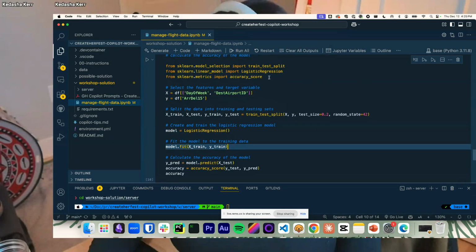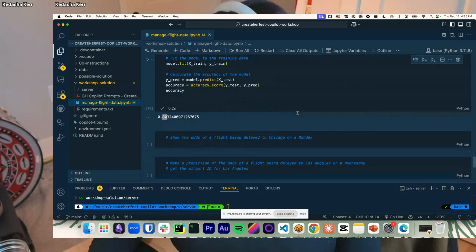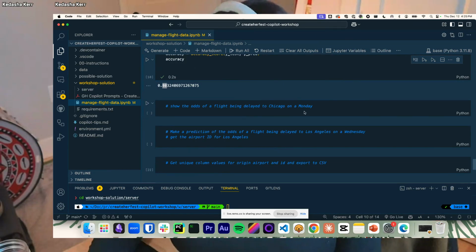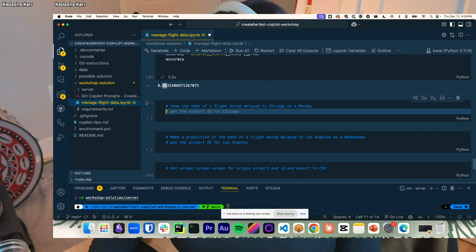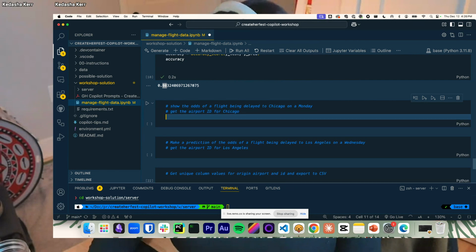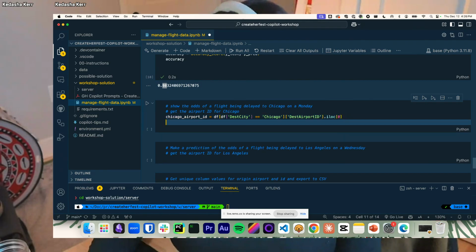Now, I want to actually test out this model to see if my flight will be delayed to Chicago on a random Monday. And so again, I have this comment here, and when I tab down, it's going to tell me, okay, I need to also get the airport ID. You do, very intuitive. And now it's going to